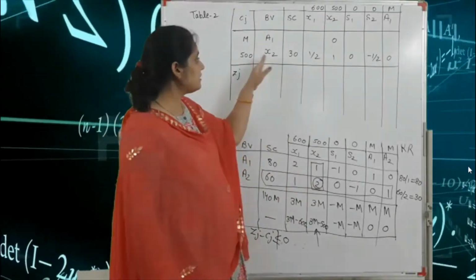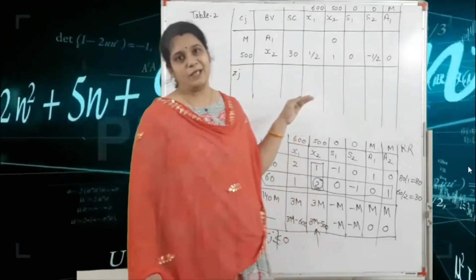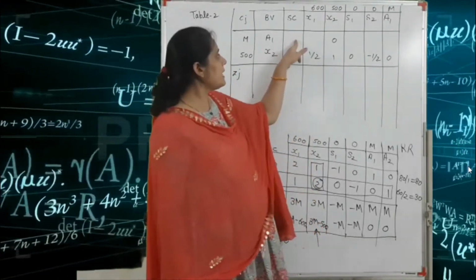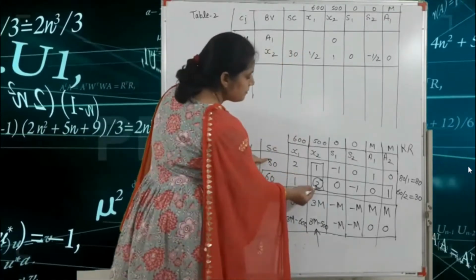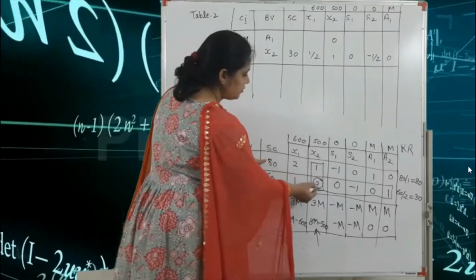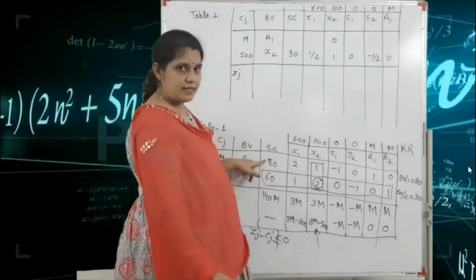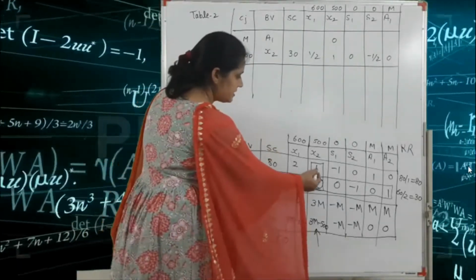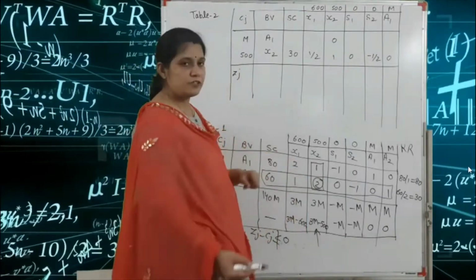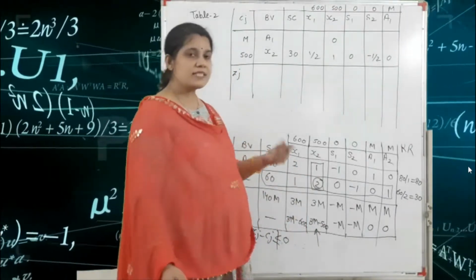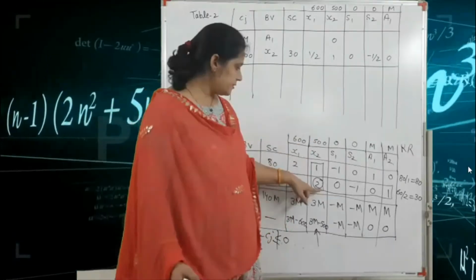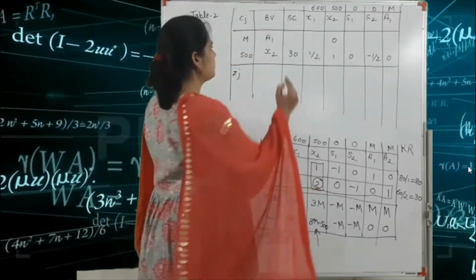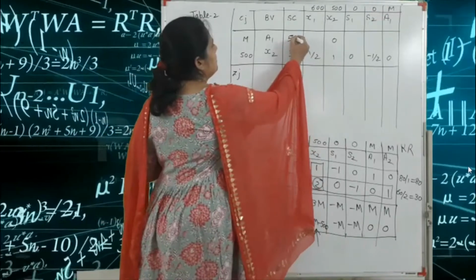Okay, according to the key number, your upper value is 0 and the lower value is also 0 in the other basic variable rows. In the place of this value, multiply by the key number. So 80 into 2, that means 160, minus the determinant in this form, so minus 60 into 1, that means 60. So 160 minus 60, that means 100, and divided by the key number, that means 50. So we write here 50.